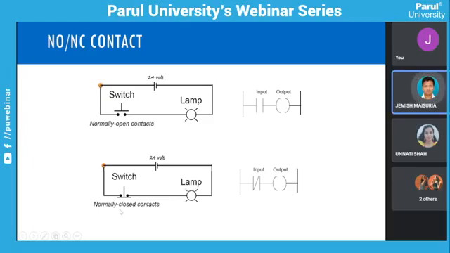And a normally closed switch, that is nothing but what? Initially, when it is not actuated, it will be in the closed condition, and when you actuate that switch, it will come into the open circuit. So that arrangement will be something like this. So when you draw the ladder diagram, you have to draw something like this, whatever is represented over here.